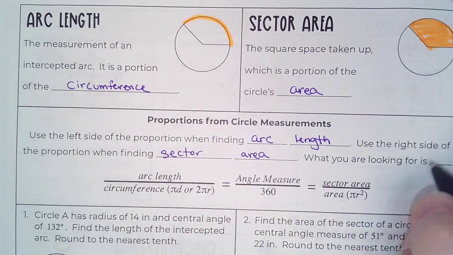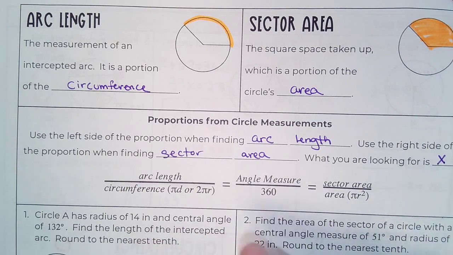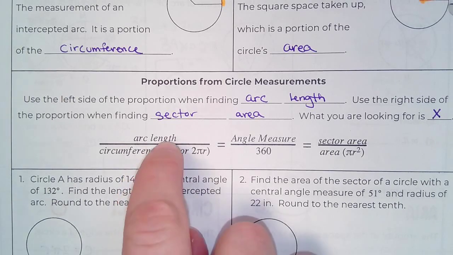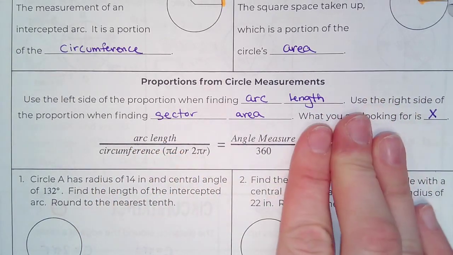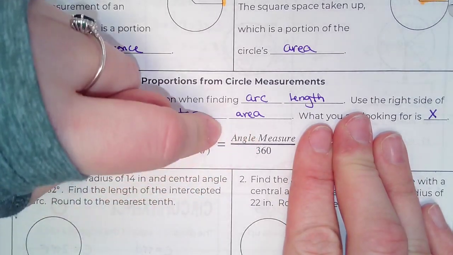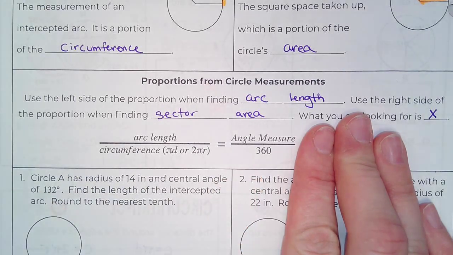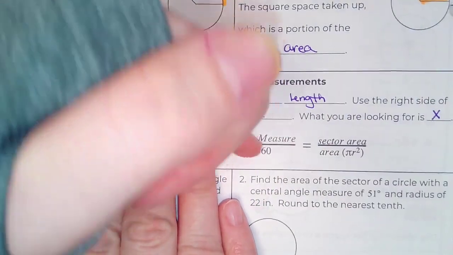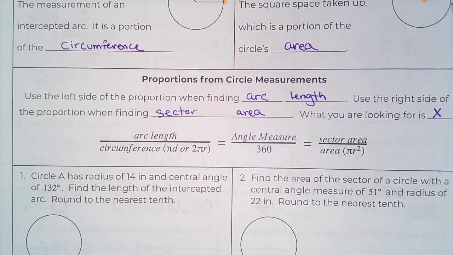What you're looking for is x. So if I want to find my arc length, that would end up being x over my circumference, so I would be ignoring this part, set equal to the angle measure, central angle, over 360. If I'm looking for sector area, it's still angle measure over 360 equals sector area. So let's go ahead and